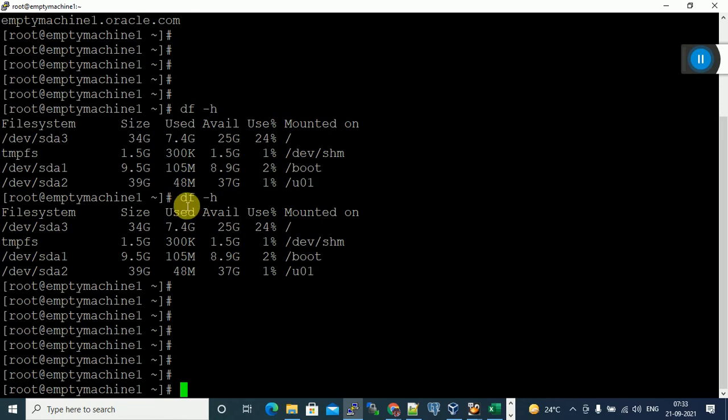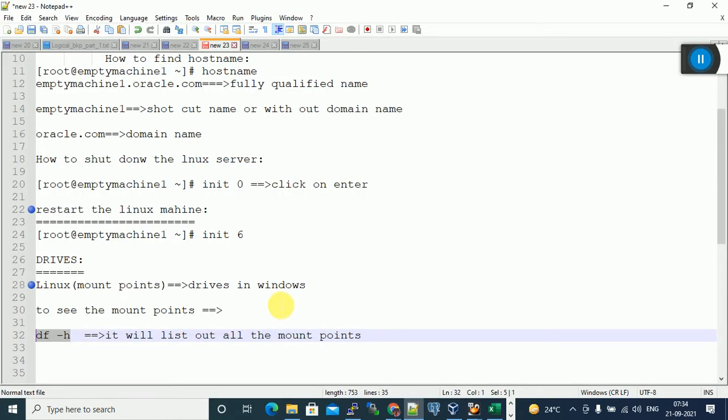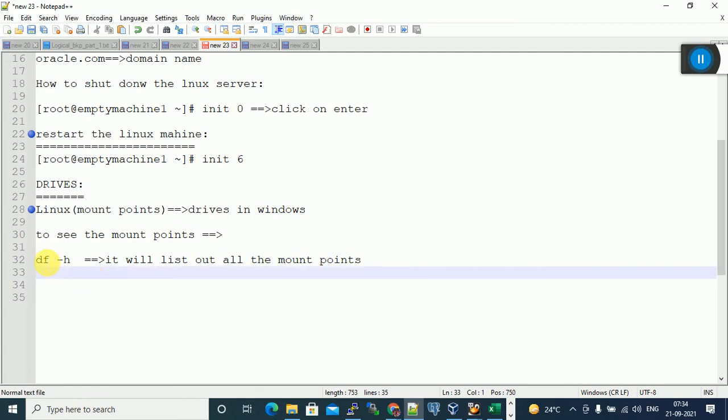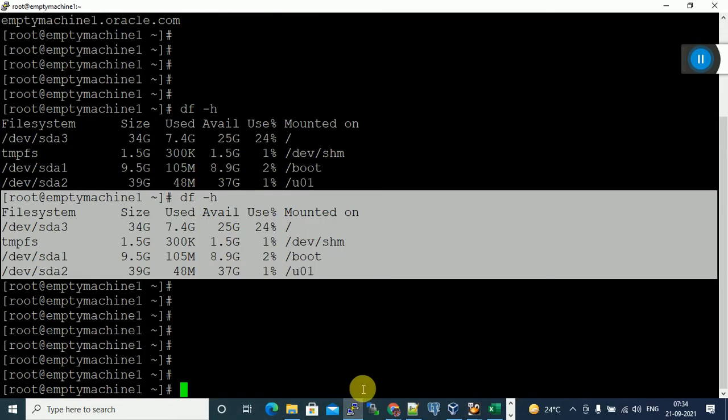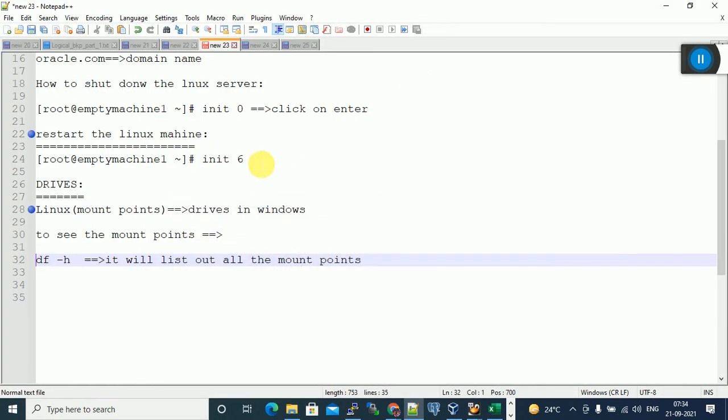So as of now, how do we find the mount point details? This is the command. I will take it in Notepad and share it. After login, you have to give the command df -h. After typing it, click Enter. After giving any command, you have to press Enter, and only then the command is executed.